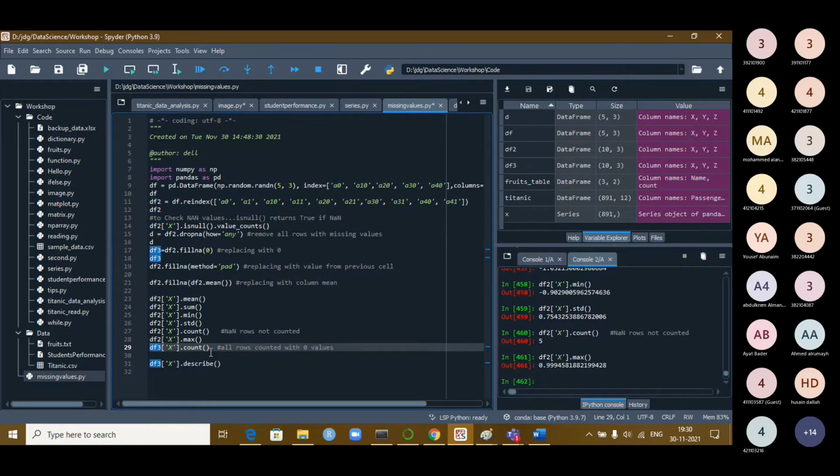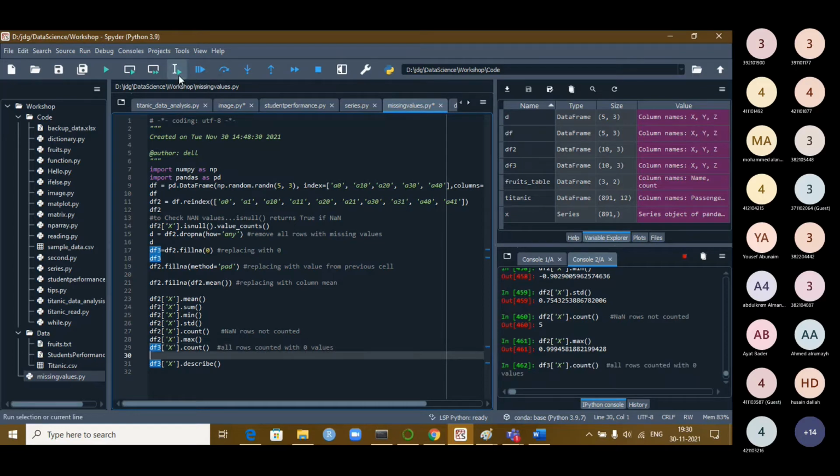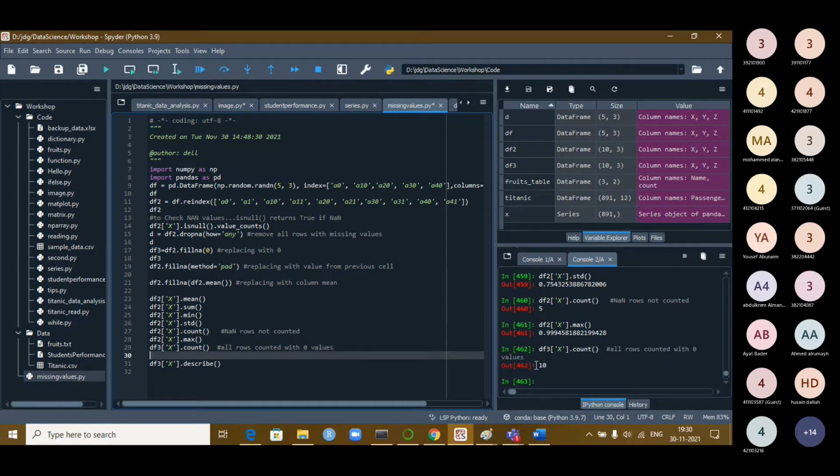Then I am doing DF3 dot count now. Now all the rows are counted, they are having 0 values. You see now 10. All the elements are counted, because NaNs are replaced with zeros, now the count is 10. So this is the difference. You must understand why the missing values have to be handled. In some of the functions, if you don't correctly handle it, there may be a problem in using them.